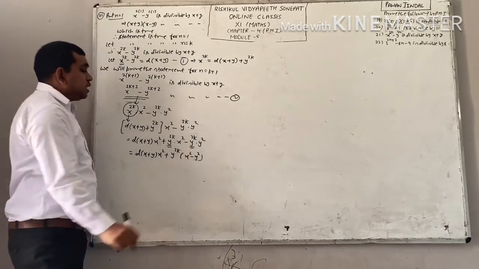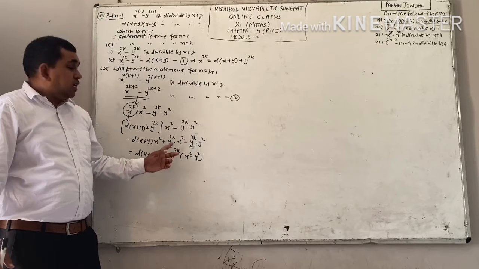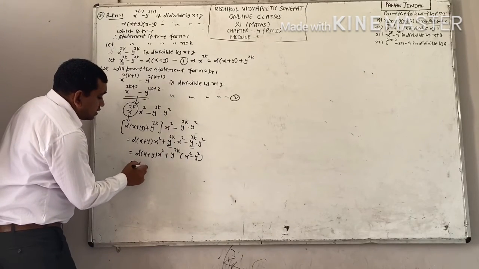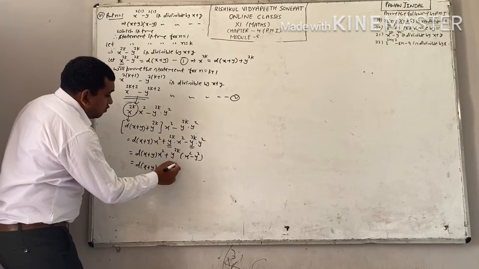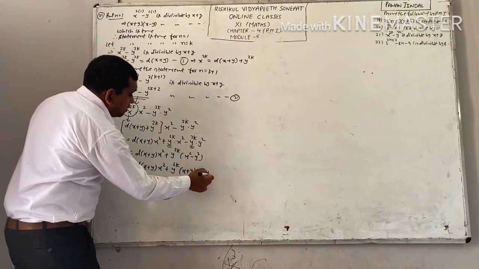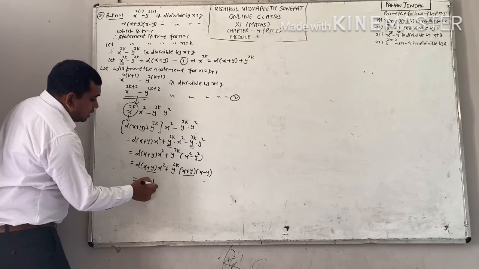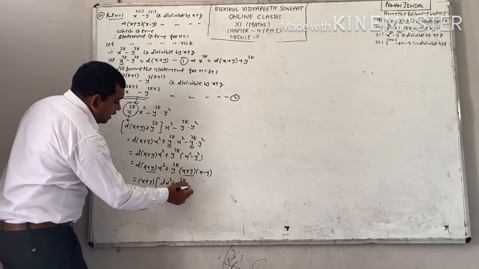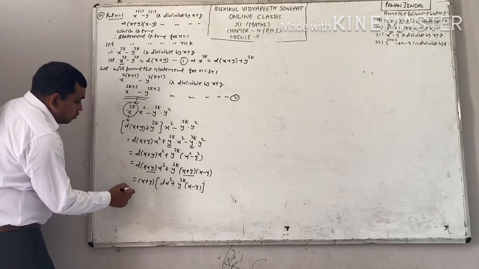Because for simplification, I told you 3 steps: LCM, common, and factor. LCM is not possible here. That's why I am taking common. Now last step, factor. We can easily make factors of x square minus y square, and the factors are x plus y and x minus y. This x plus y is common. What is left? D x square plus y raised to power 2k into x minus y, which is divisible by x plus y,